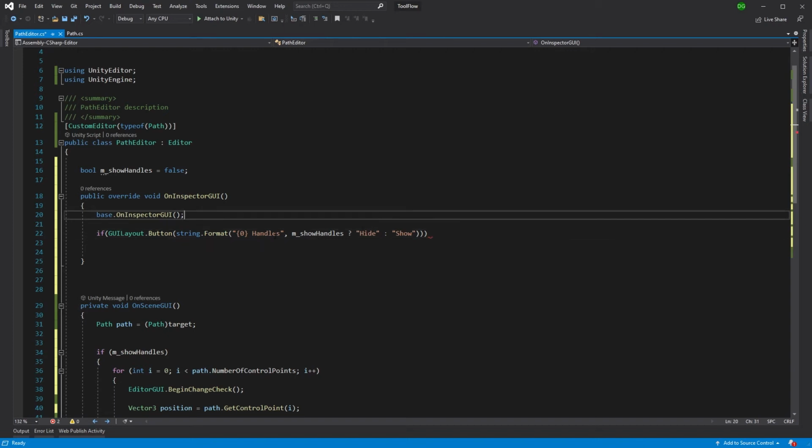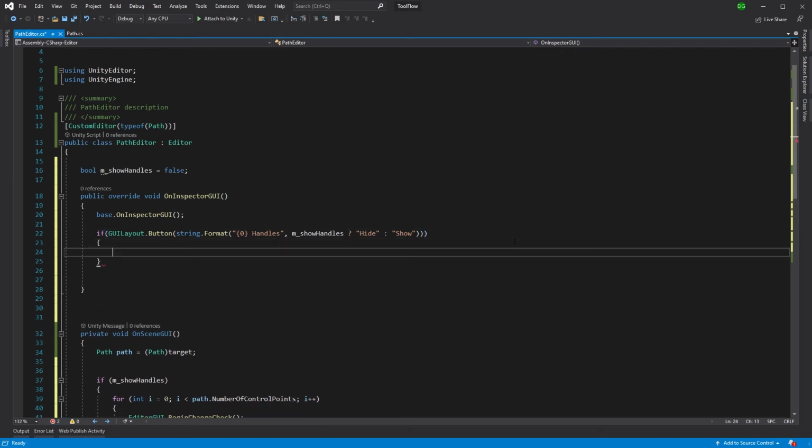So what this is doing is it's basically saying if this flag is set to true, so it's showing handles, then put this string hide in here, otherwise put show in here. That's just a very quick way of not actually having to add two buttons, one with show and one with hide. And then what we'll do in here is we'll just make show handles equal the negative of what it is. So now if I come back into Unity,